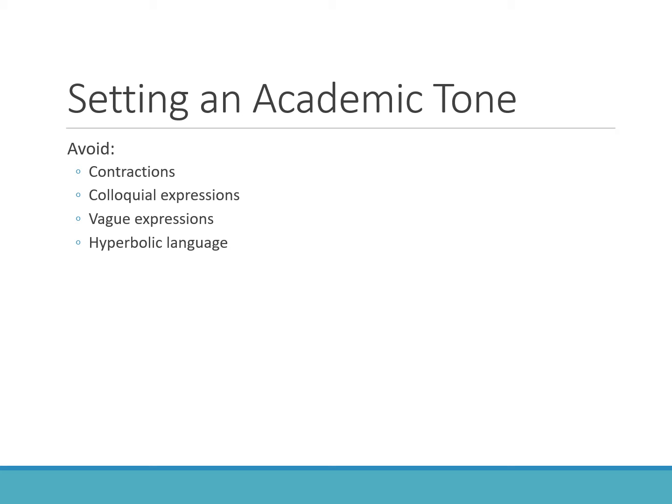We also talked a little bit last week about one of the first rules, which is to not write the way you talk. This is called a colloquial expression. Basically, it means a casual expression. So things like "you know" and "got to" are things we say regularly, but we would not want to include these in our academic writing. We also want to avoid being vague, with expressions like a lot, some, practically all. We want to try to be as specific as we can in the statements we're making.